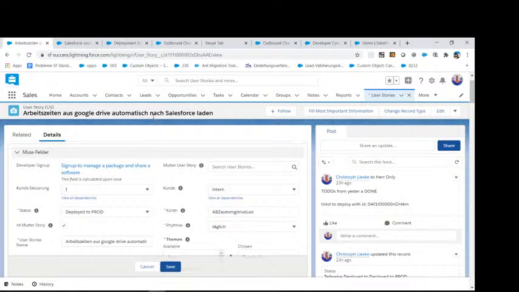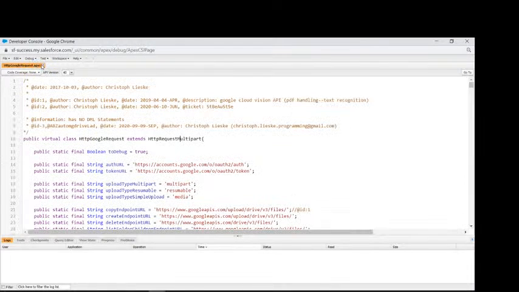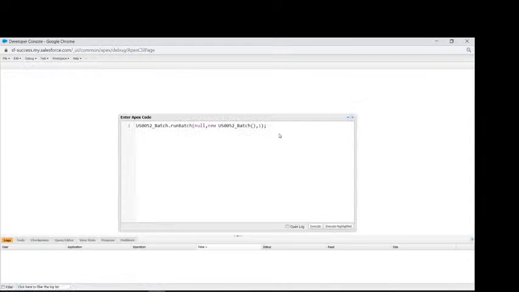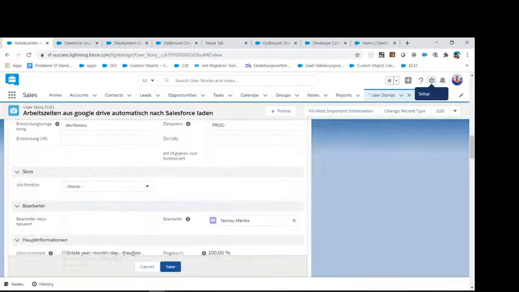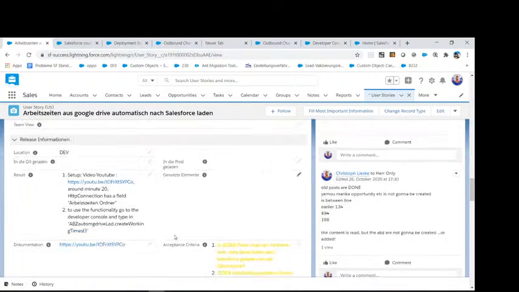Test success. Now, let's see if the test is gonna be successful. So we're gonna go to the developer console, open it up. Please close this one. Thank you. We're gonna need to wait a little bit, and we go to execute anonymous. So we don't need to run the batch. We just need to have a look at the user story for sure. And then we scroll down a little bit, hit cancel because we don't need this one, and we scroll